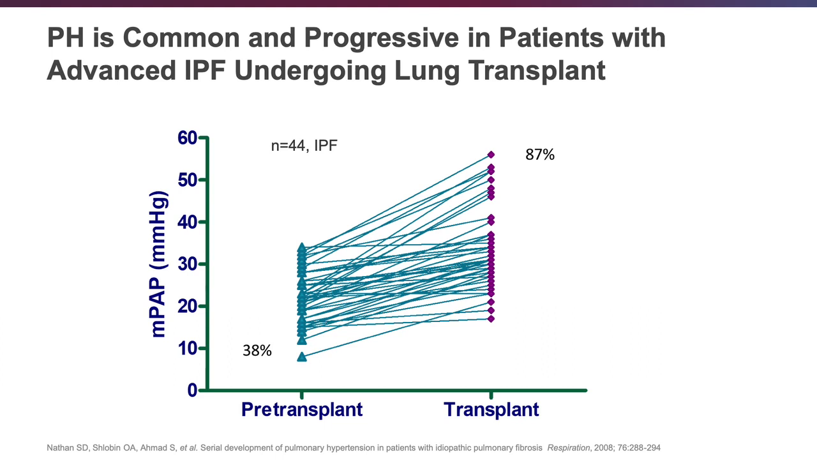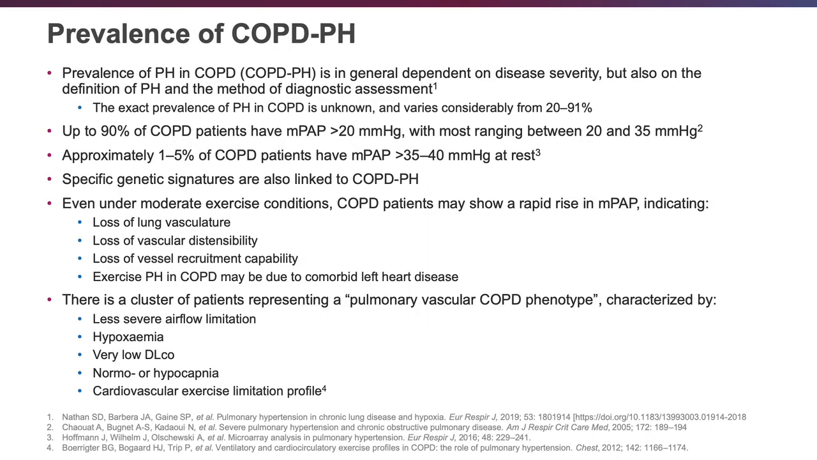So what this implies is that as people go towards transplant and their disease progresses, they're much more likely to have pulmonary hypertension. If we switch over to COPD, there are some similarities and some differences in comparison to interstitial lung diseases. Pulmonary hypertension in COPD is also not very well studied for the same reasons as the interstitial lung diseases. But we do know that pulmonary hypertension is a bit more common in COPD than it is in